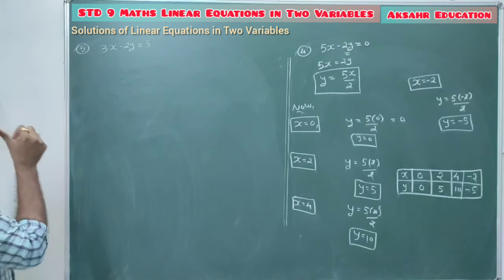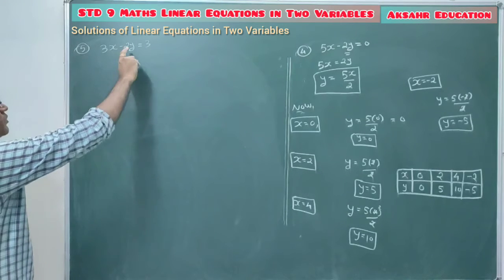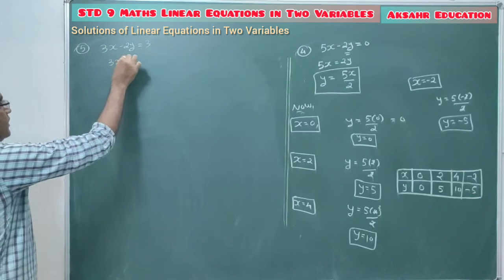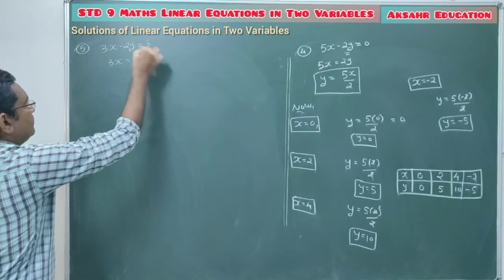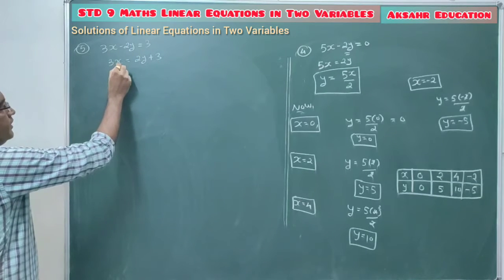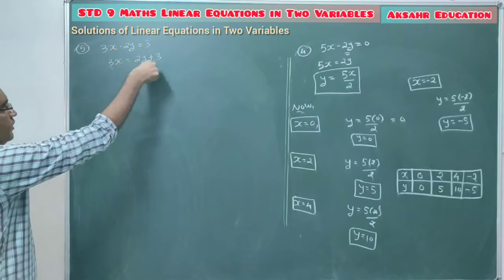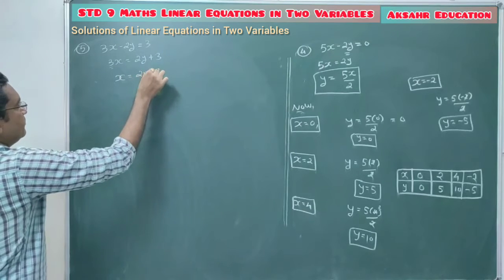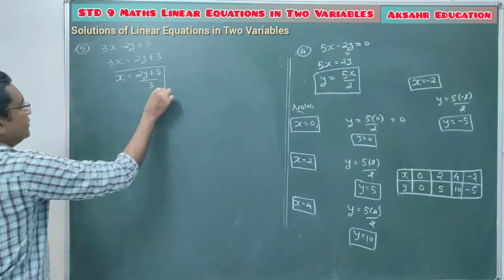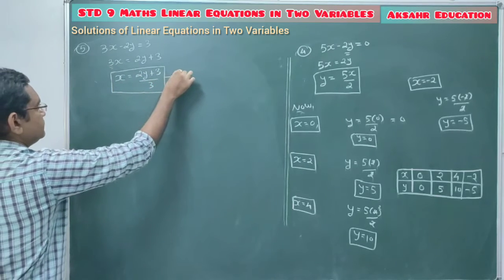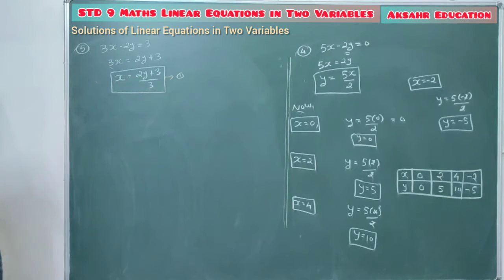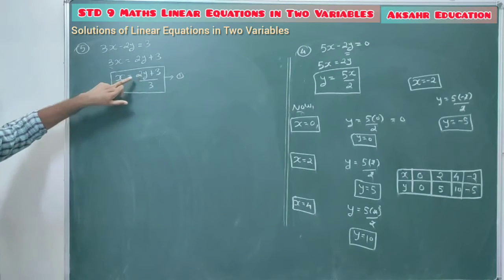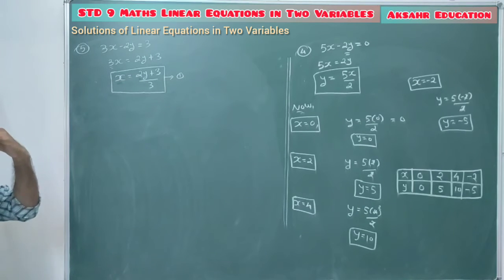So first, we have to write the given equation in the form of any one variable. So here we can take this minus 2y to the right hand side. So it will become plus. So it's 3x equal to 2y plus 3. Now this x is multiplied by 3, so taking this 3 into division, we are getting x equal to (2y plus 3) divided by 3. So this is the equation in the form of variable x. So now here we will put different values of y, and according to the values of y we are getting the values of x. That will be our solution.